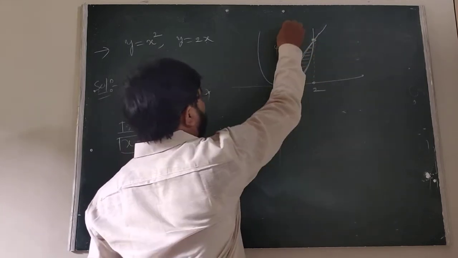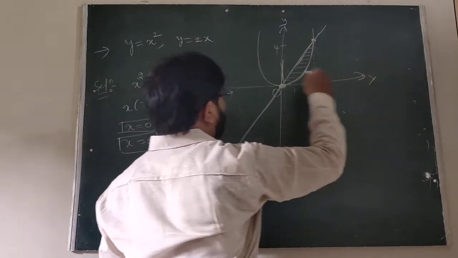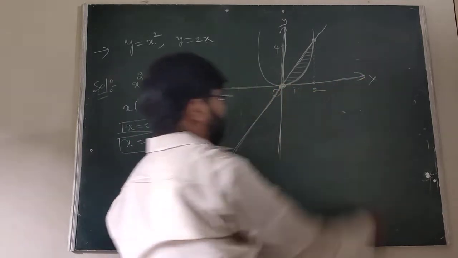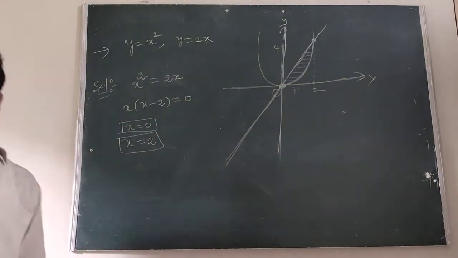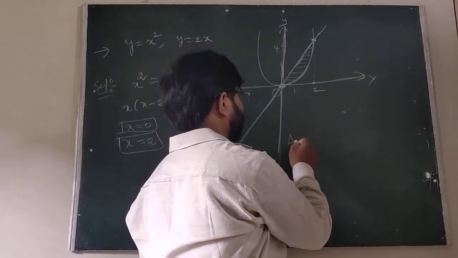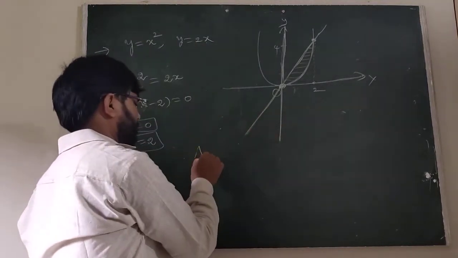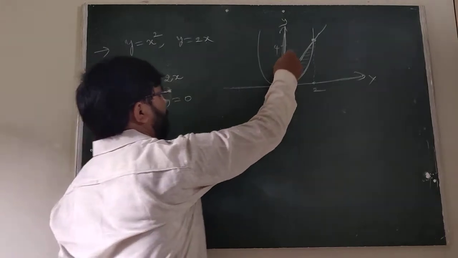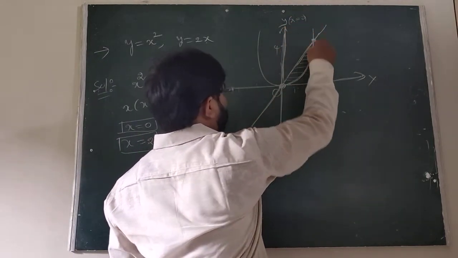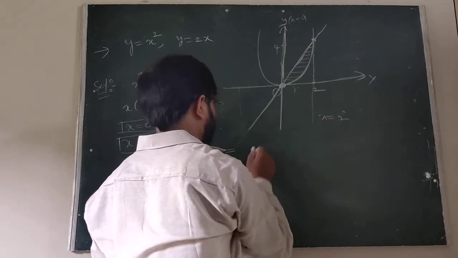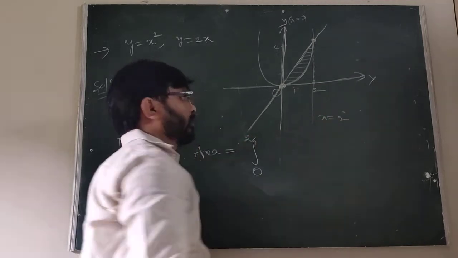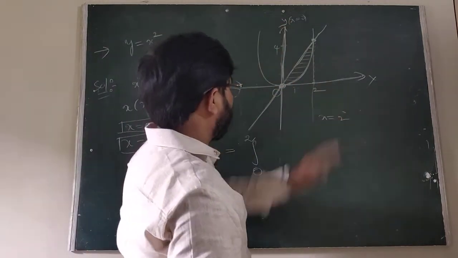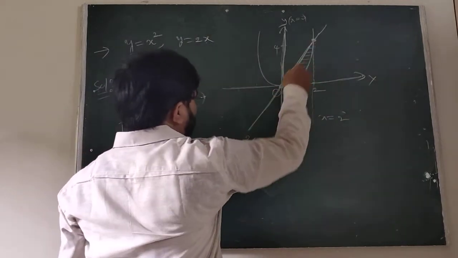First the boundaries, all of you listen here. The boundaries are the y-axis and also the x-axis. So the required area: the limits are, y-axis means x equal to 0, and the line x equal to 2. The limits are 0 to 2. Now the curves are bounded by x equal to 0 and x equal to 2. This is the above, this is the below.